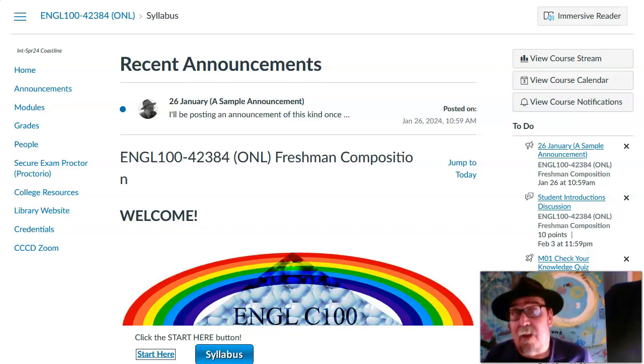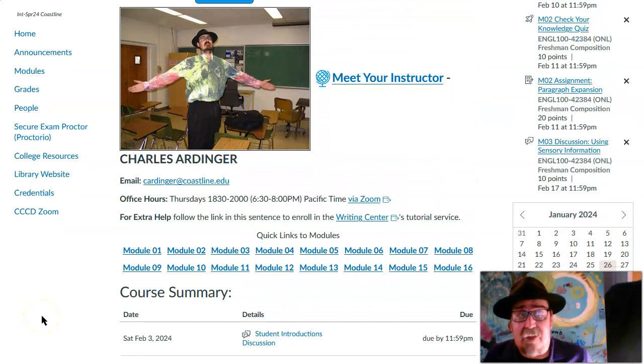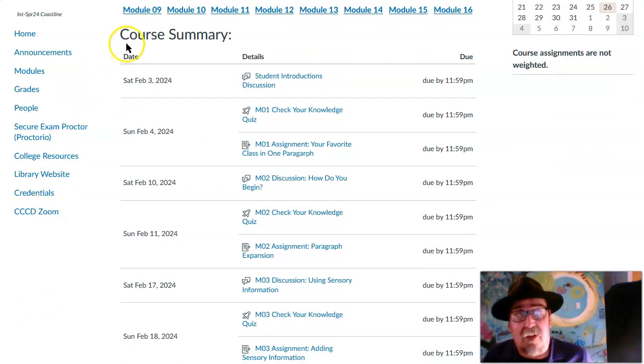So to begin with, I want to show you this feature that you can see down the middle of the front page, and that is, under Course Summary, a schedule with dates and events. So for instance, on Sunday, February 4th, I'll expect to see from you a quiz and your first assignment. On February 10th, you'll be posting in a discussion, and so forth.